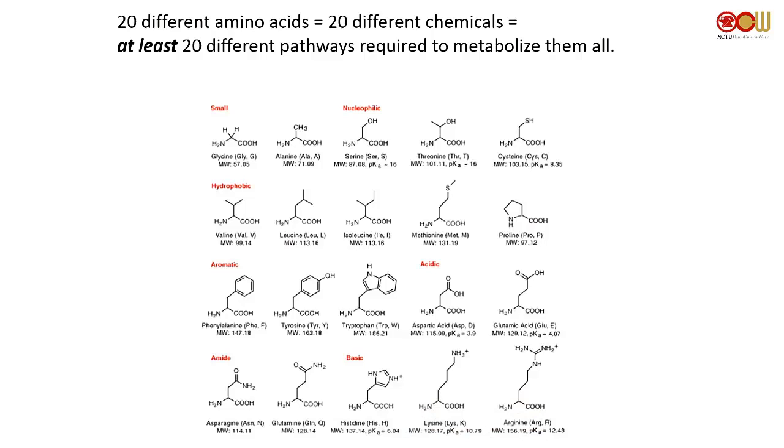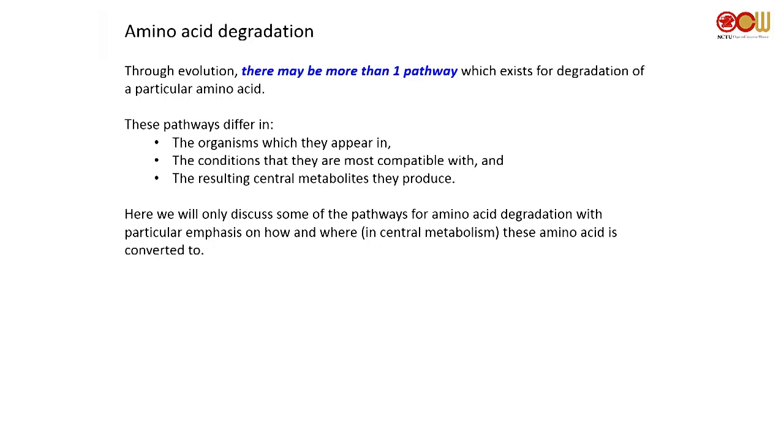Okay, 20 different amino acids means there are 20 different chemicals. 20 different chemicals, then you have at least 20 different pathways required to metabolize them all. 好了，那站在你们的立场，要记20个 pathway 哦，会不会太狠了一点？OK，让我们继续看下去。20 amino acids，更可怕的是，through evolution there may be more than one pathway that exists to degrade one particular amino